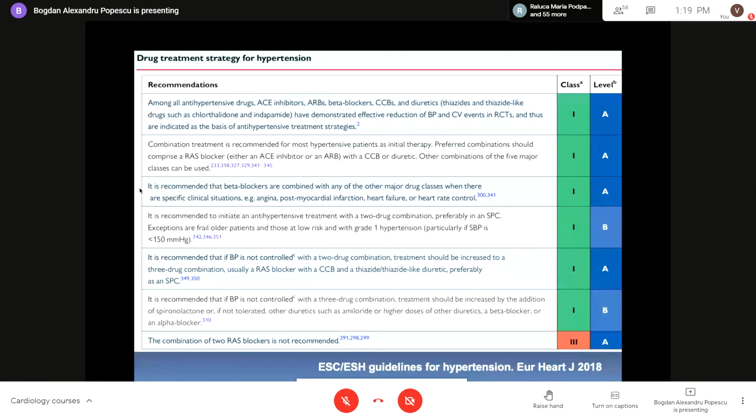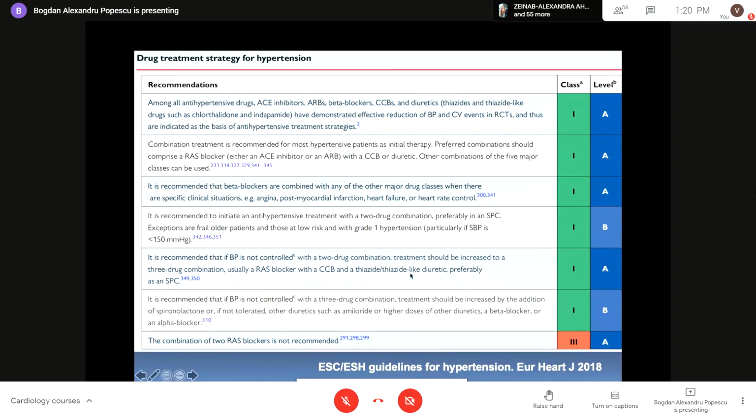And then we have a number of recommendations that I will again not go through in detail. I will not read all of that. But as you see here, these are recommendations based on several factors related, for example, to a specific situation when there is a preference of one or the other. I told you about beta blockers, combinations. I told you about the principle of starting with either of these 3 classes.